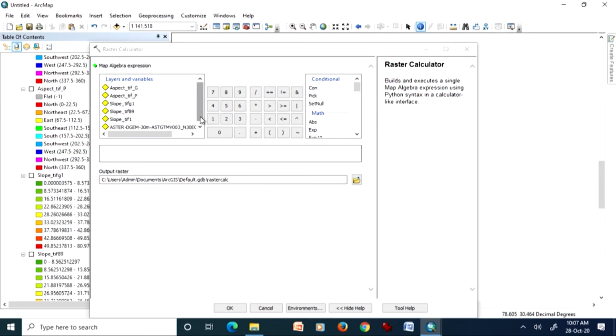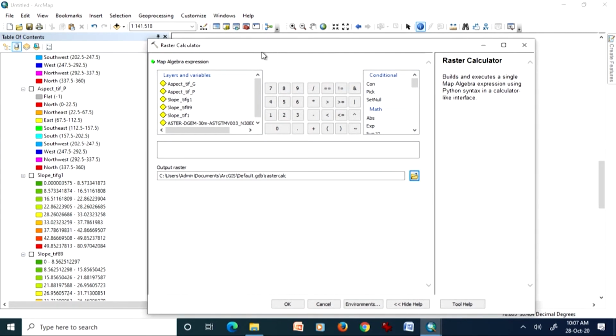Since we have three slope maps, I will use the one with jet factor 1 and planar method, because that was giving higher values, and then the geodesic one.